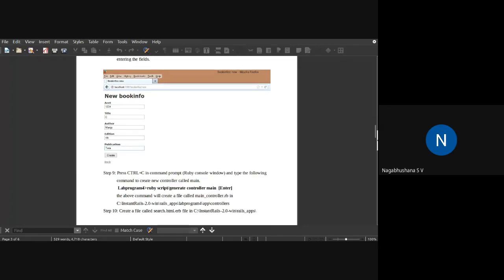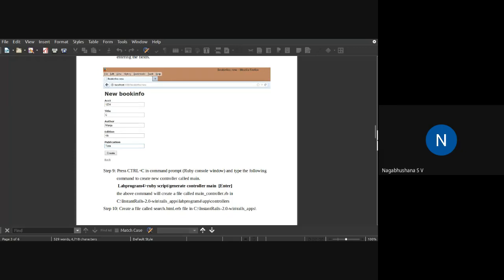So controllers, views, models, helpers. Again in controllers it will create the application controllers. Again in views it will create subfolders. Like this, once you execute those commands, it will generate various kinds of subfolders within the main Rails folder, that is called lab, in this case lab 4. Now, once you type ruby script/generate controller main, in the controller subfolder, one main_controller.rb file will be created.